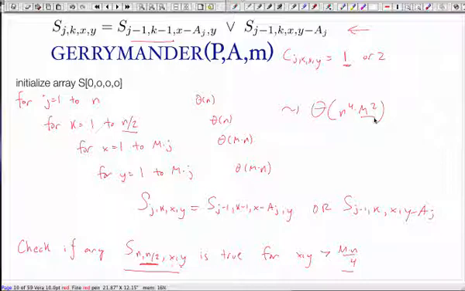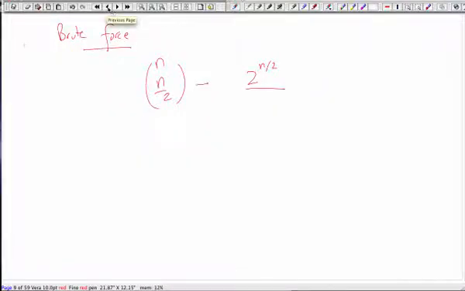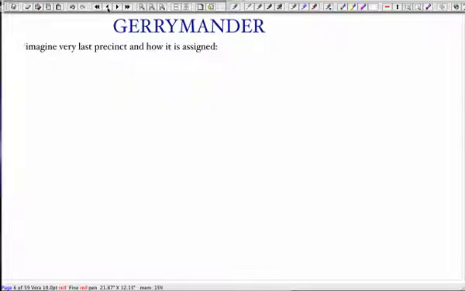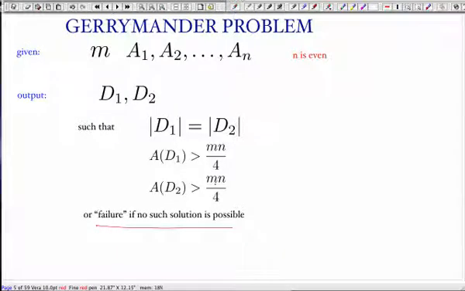Question? Could you go over why the m times n over 4 again? Why x and y have to be greater than that? How does that happen? Yes. So the question is, this condition, why? Because